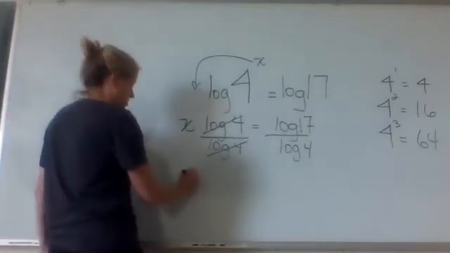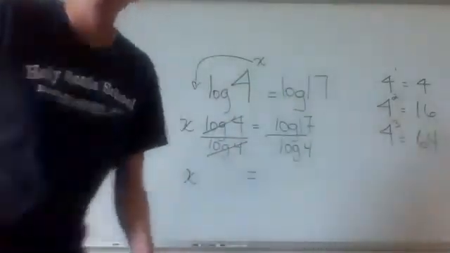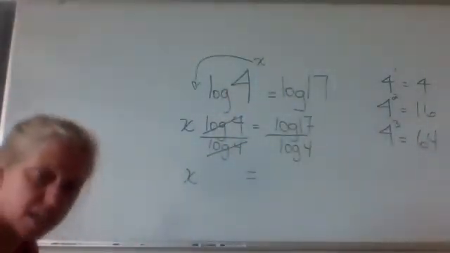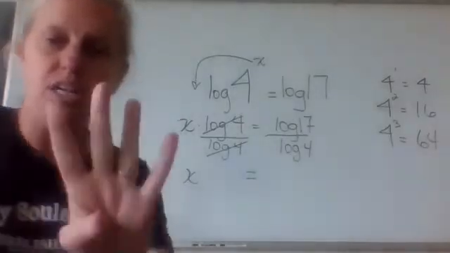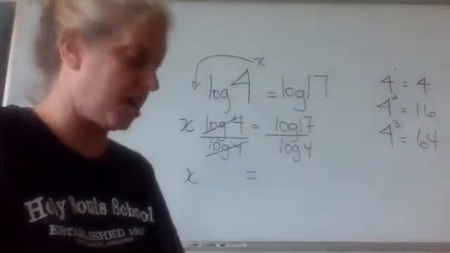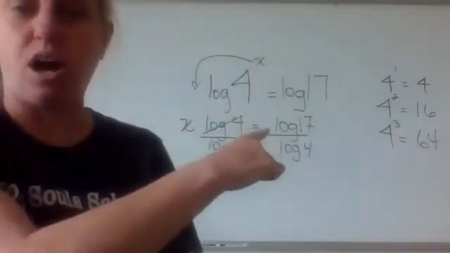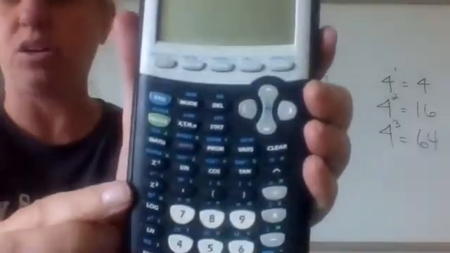So bring down my x equals, this is just calculator work now. What you're going to come up with is a long decimal, and they're going to want you to round it to 4 places. So let's just type that in our calculator. So in the numerator, and it's not log base, it's just a regular log, right? So I just hit my regular log button,